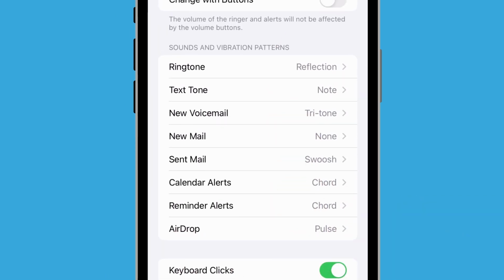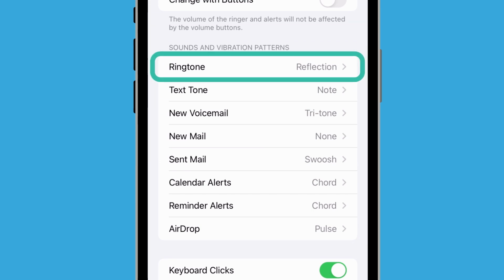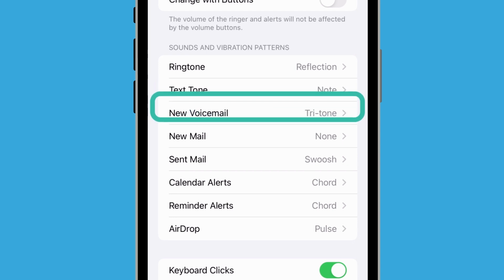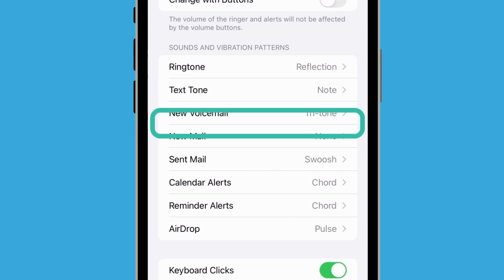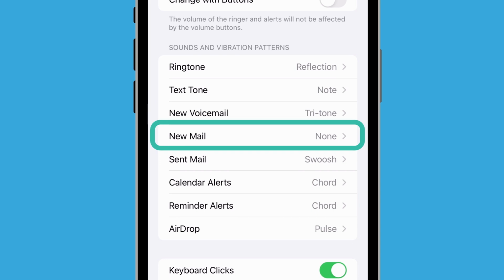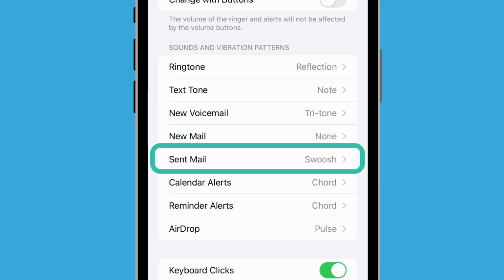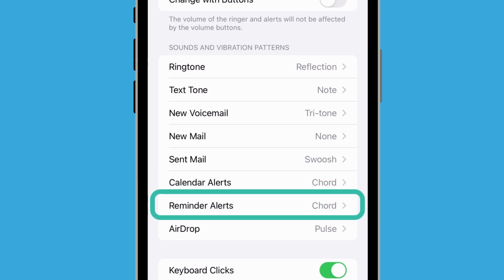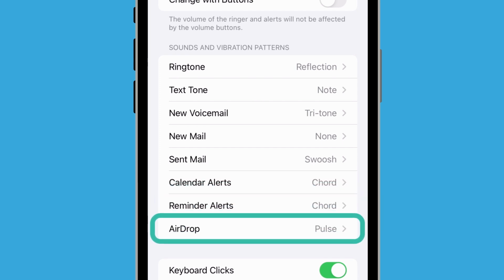There are many other types of alerts in the Sounds and Haptics menu, and you can choose a different sound for each one. This can be handy, as it helps you know what type of message you've received without the need to look at your phone. Select a sound that appeals to you for any type of alert.